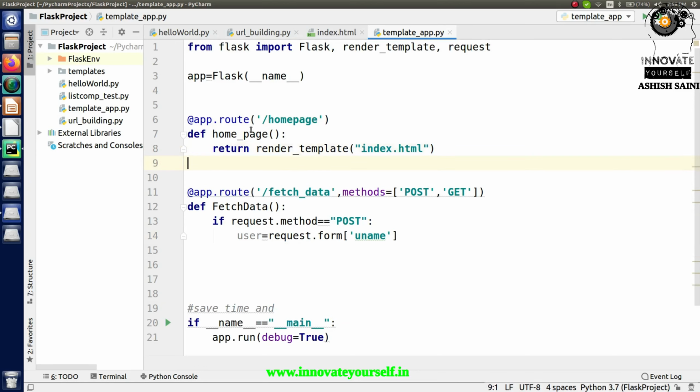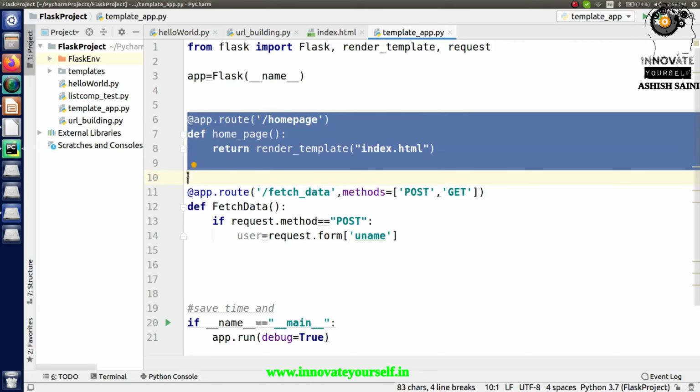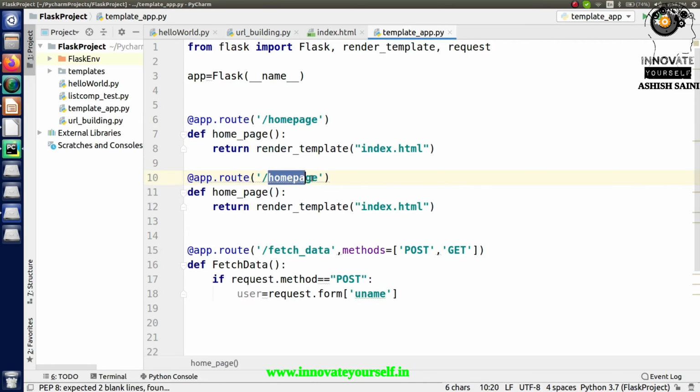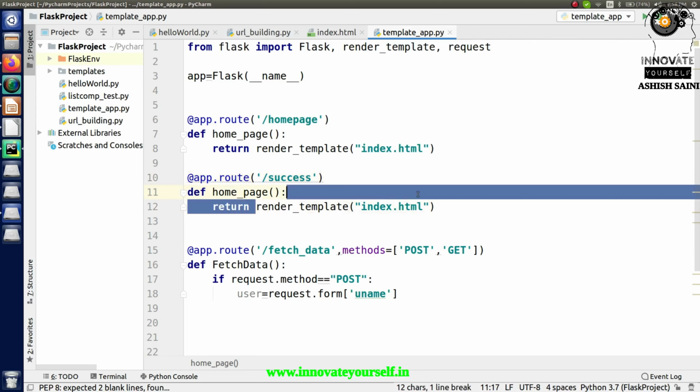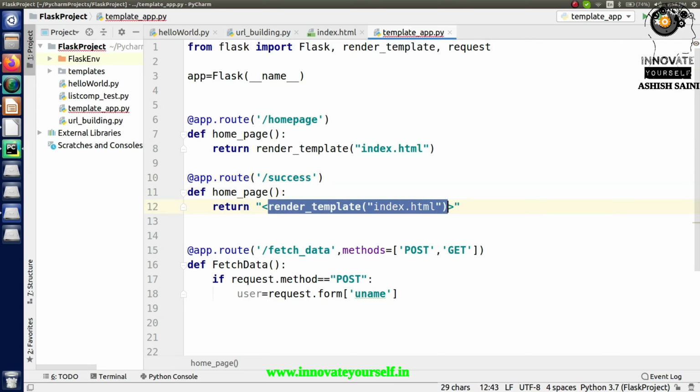For that, let me make another application as well. Let's give it a name as success. I'm going to give it a name as success, and instead of writing this, just pass this h1. Similarly, pass in here.